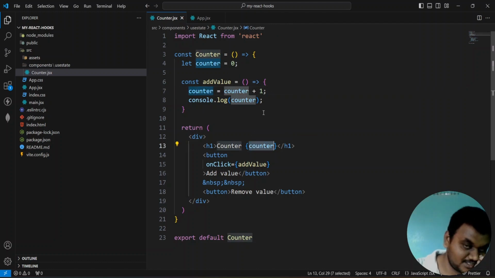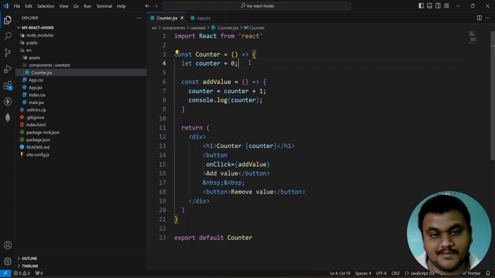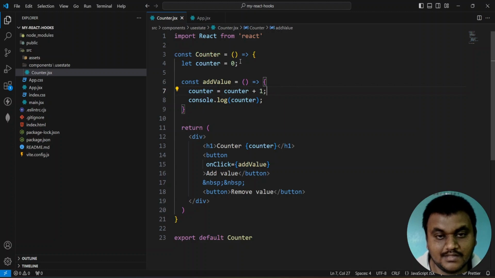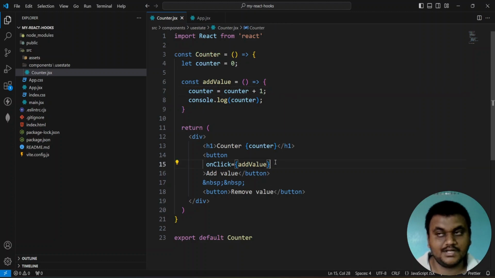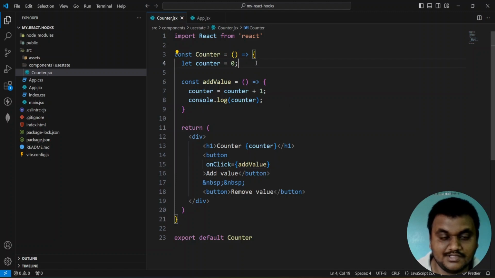It is not refreshing. Why is it not refreshing? Every time this counter changes, it will change the count. Every time we are incrementing this counter here, it is incrementing, but that component isn't refreshing. That component isn't reloading. For these cases, we are going to use special functions, that special feature